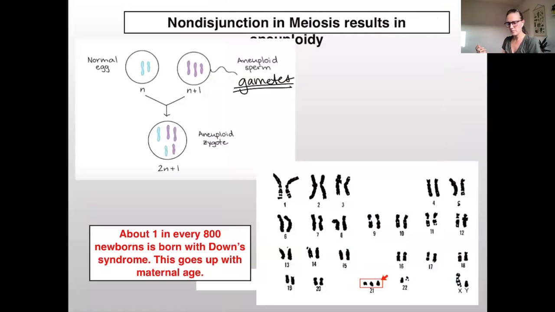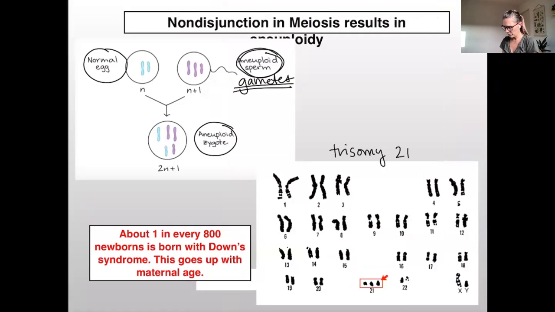improper numbers of chromosomes. So for example, if an aneuploid sperm got together with a normal egg, you are going to get an aneuploid zygote, all right? And so our most common example of non-disjunction resulting in aneuploidy is one that you guys are probably familiar with, trisomy 21, which is otherwise called Down syndrome,